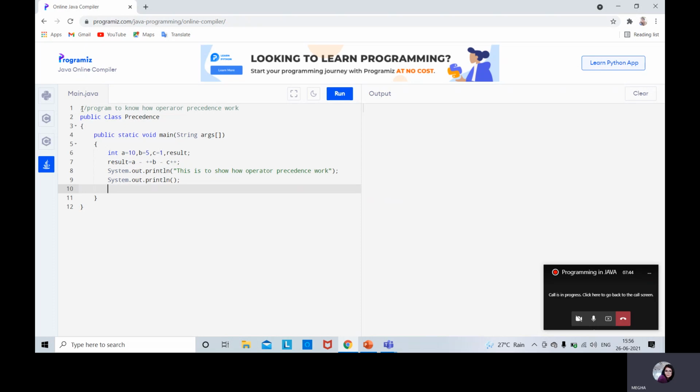After that, I would like to show which elements I have been using in this program, so let us display it. A is equal to, so the value of a is stored in variable a, so plus a.